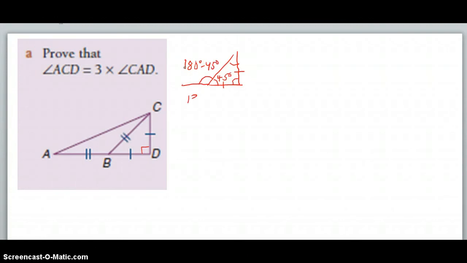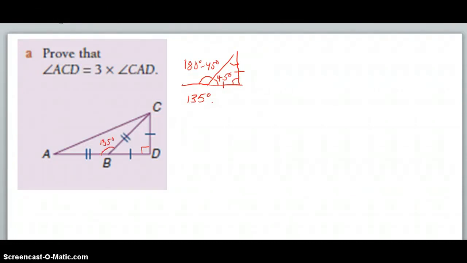And that is 135 degrees. So, if this angle is 135 degrees,